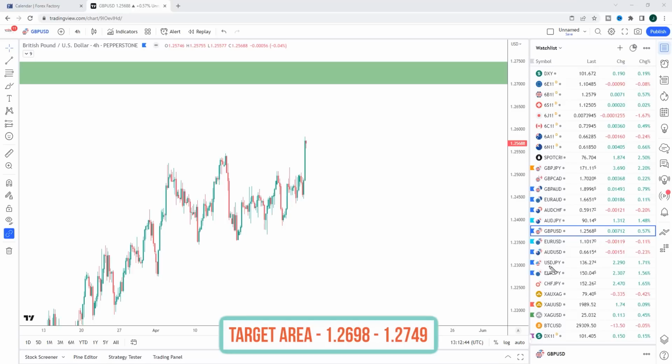But if we get a weaker dollar, then pound dollar would be the opportunity I would be looking at. So any kind of consolidation, and then we get a weaker dollar from FOMC, this is the market I would be interested in, and I'd be looking up towards the 1.270 area. So again, we consolidate because the market probably does nothing into Wednesday. Then we get a spike on FOMC, which is dollar weakness. Then you get a consolidation. This kind of follow-through trade here is what I'd be interested in in this market.